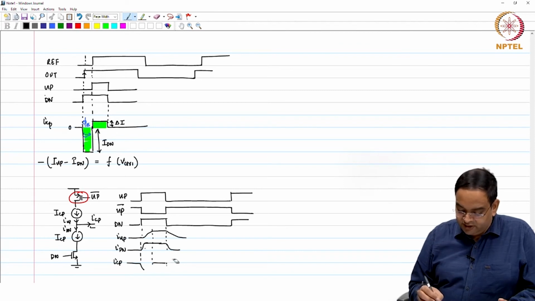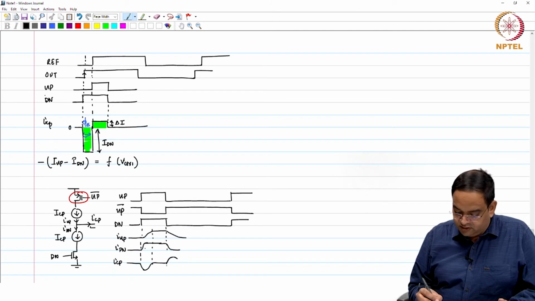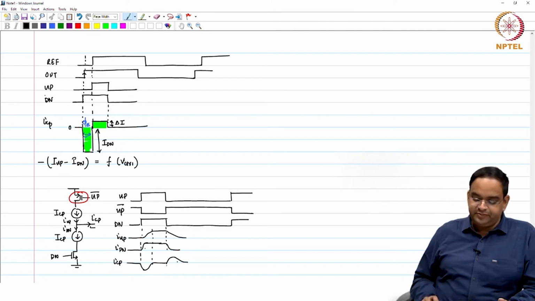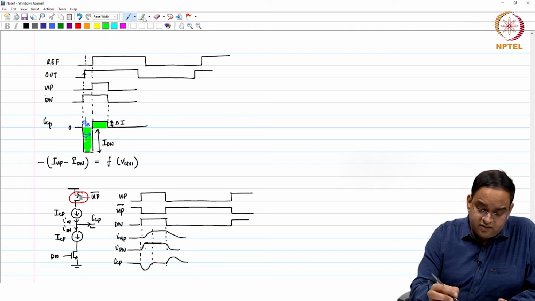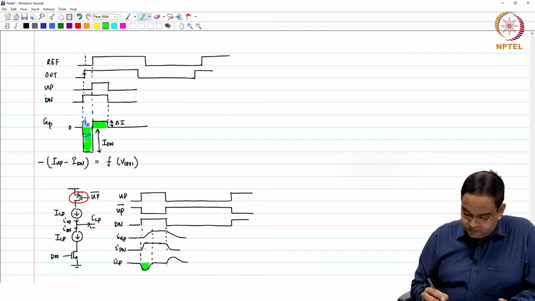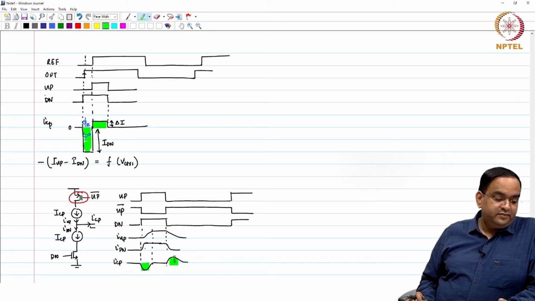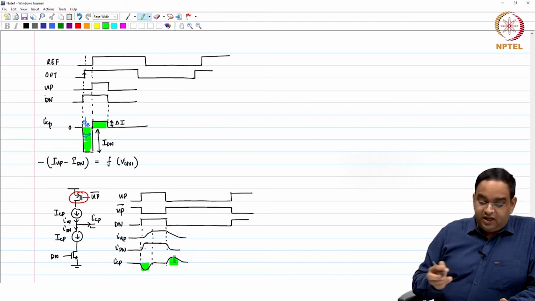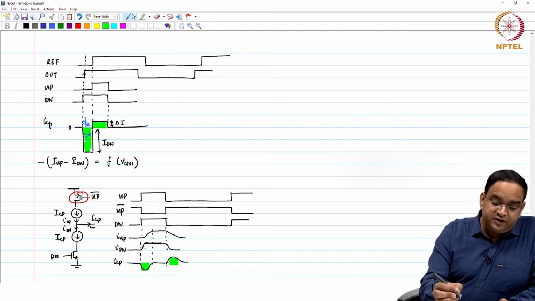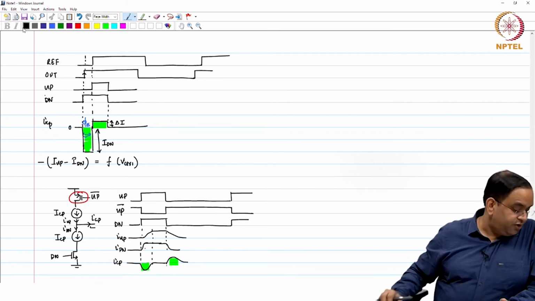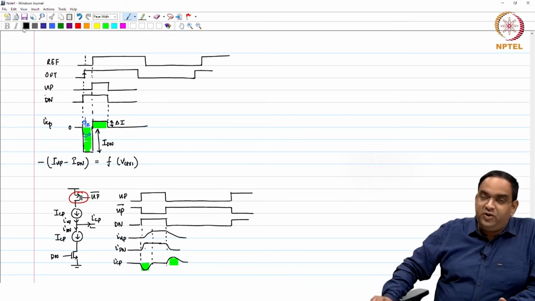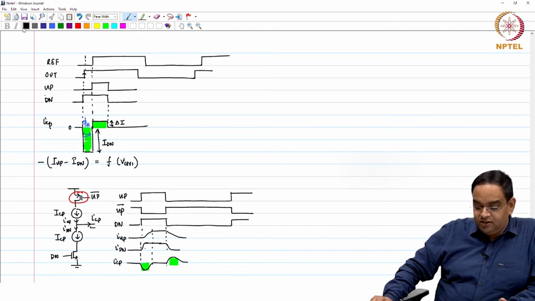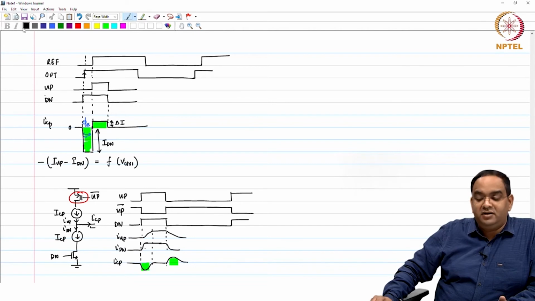These two areas are going to be the same; just think of the area under these two curves as the same. So, because of the mismatch in the response time of your NMOS and PMOS, the charge pump actually adds current to the loop filter,